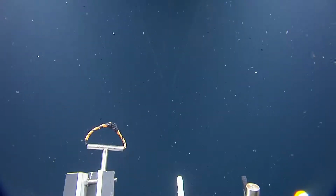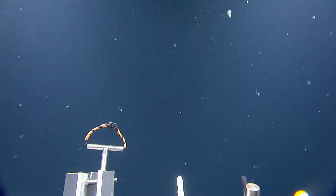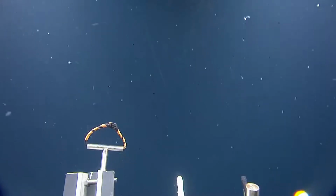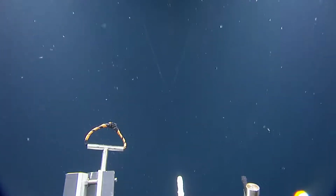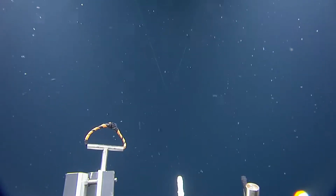We're expecting there to be a lot of carbonate up here. It's high backscatter. Backscatter is a sort of harder substrate. Chris,